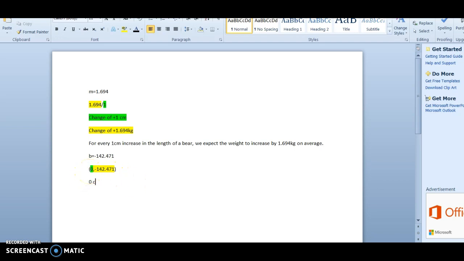So think about that as 0 centimeters. And think about your negative 142.471 as kilograms. Now this is giving you a pair of data or a pair of points. So think about this length corresponding to this weight. A bear that's 0 centimeters corresponds to